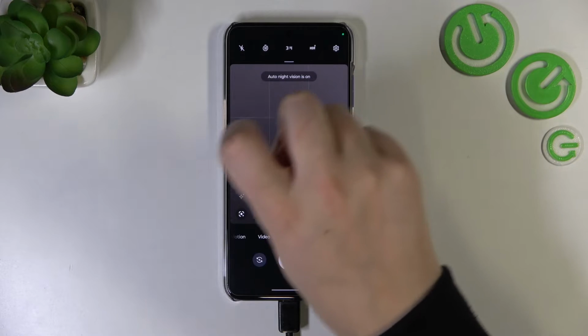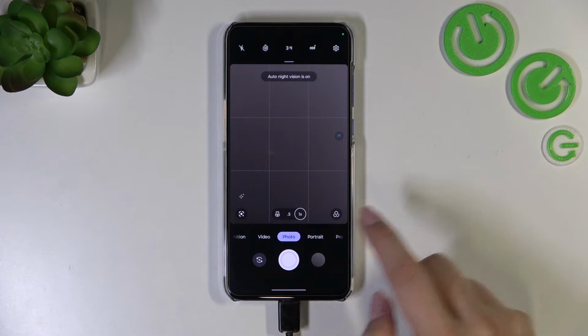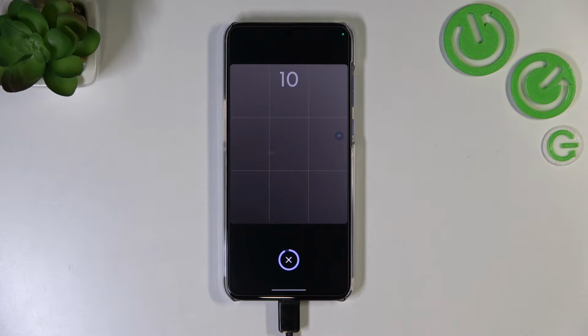So let me pick, for example, 10 seconds delay, and basically all you have to do right now is to simply tap on the shutter button, and as you can see, from now on this device will count down from 10, and after that time it will simply take a photo. Of course, depending which option you will use, 10 or 3 seconds delay, then your device will use the time